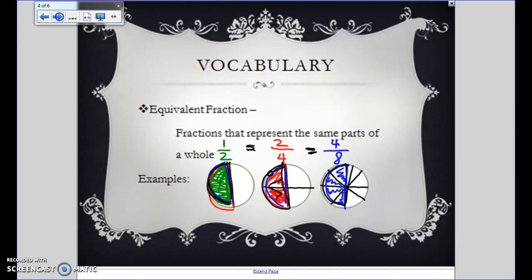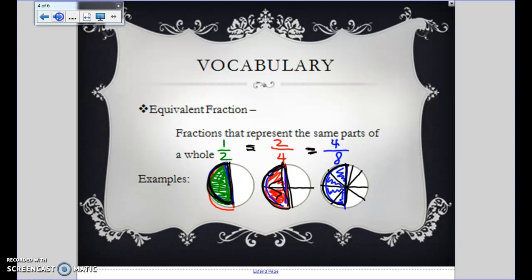The same amount, if I just copied this much and moved it straight over here, it would be the same amount here and the same amount here. So those fractions represent the same parts of a whole. Hopefully that's a good reminder of how equivalent fractions work. Before I move to the next slide, I do also want to point out that if you look at the